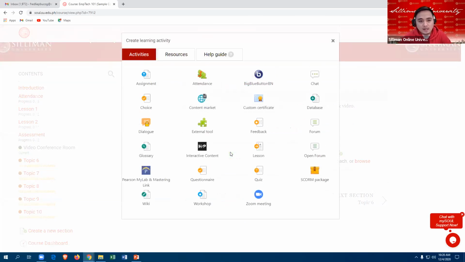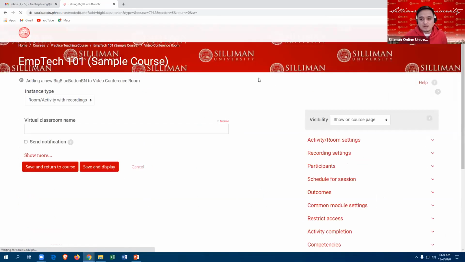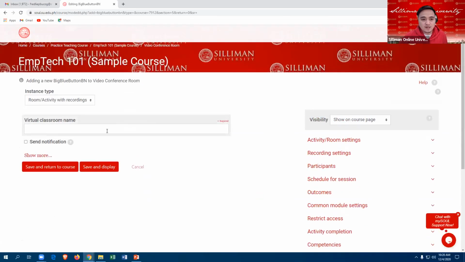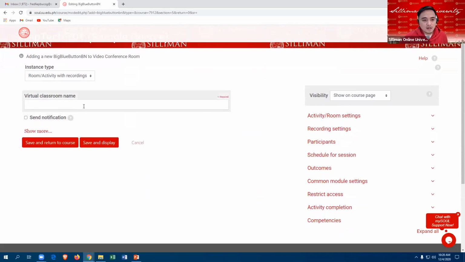So once clicked, you will see the create learning activity window and then I will click now the Big Blue Button activity. So from here, if you click that Big Blue Button, it will redirect to Big Blue Button settings. So you have now your virtual classroom name.